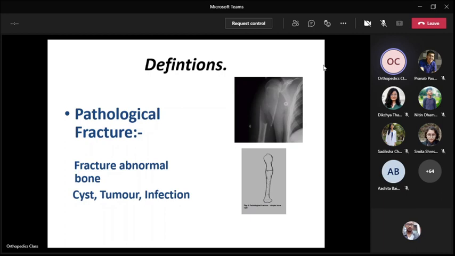That will guide you about the amount of soft tissue injury over there. So in high velocity trauma, like fall from height, road traffic accident, they produce a significant amount of soft tissue damage. And soft tissue is important for the healing of the fractures because the vascularity of the bone is supplied by the periosteum, the soft tissue surrounding the fractures, and endosteal supply. So that's why some fractures heal very nicely, some take a lot of time. It all depends upon the soft tissue conditions, open fractures, and all these things.